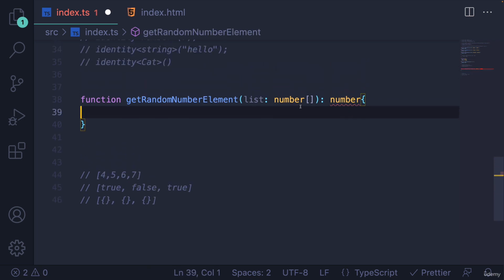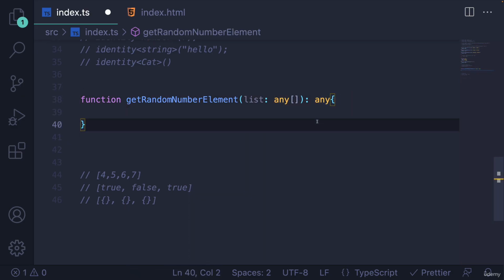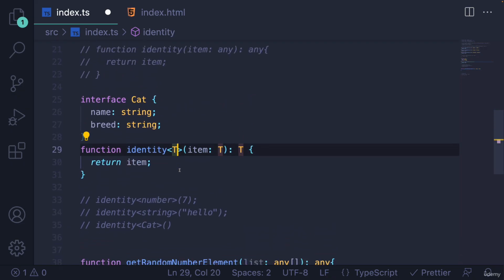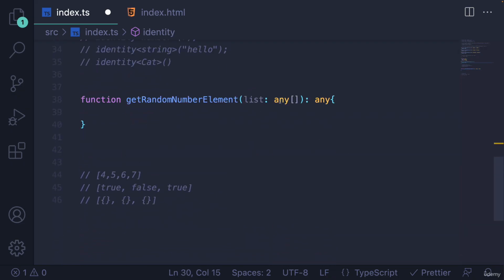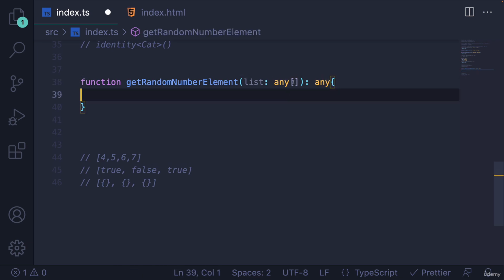The other option would be to say, all right, well, it's just a list of type any, and then it returns something of type any. But once again, we lose the relationship between the input and the output. It doesn't express to us or to TypeScript, like we did up here, that if you provide a string, you're going to get a string out. What I want is if you provide an array of strings, then we should know that the type it returns is a string. If you provide an array of cats, then it should return something of type Cat. So instead of any, we're not going to do that.